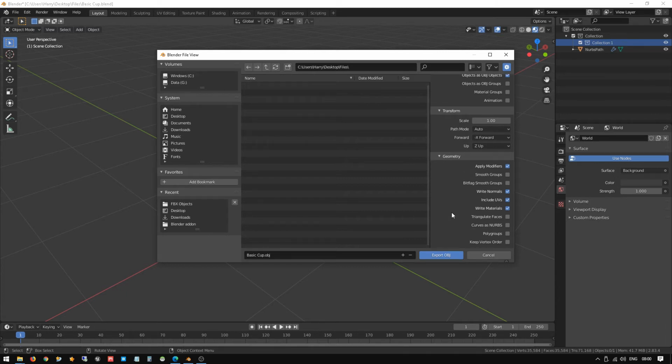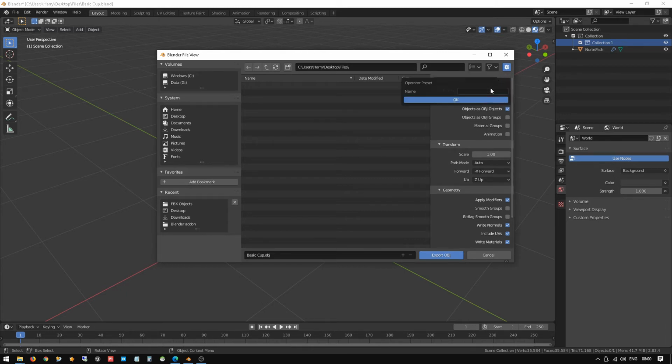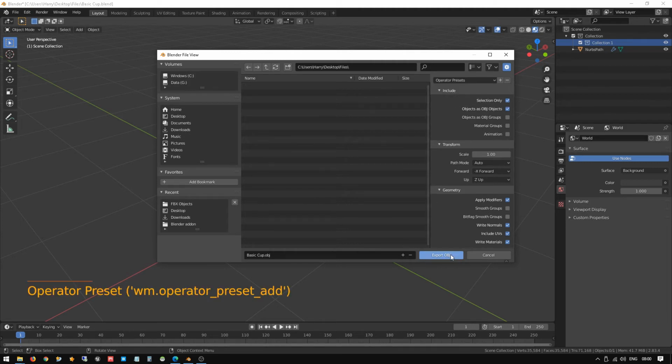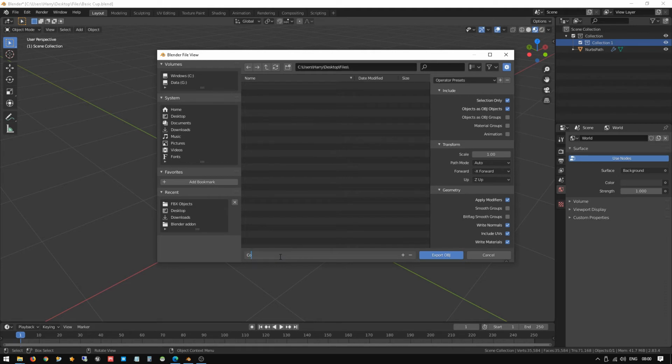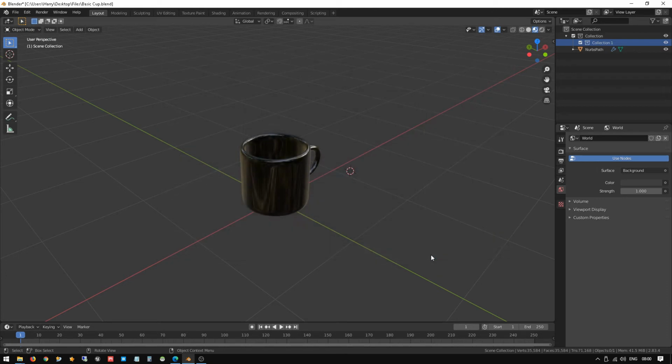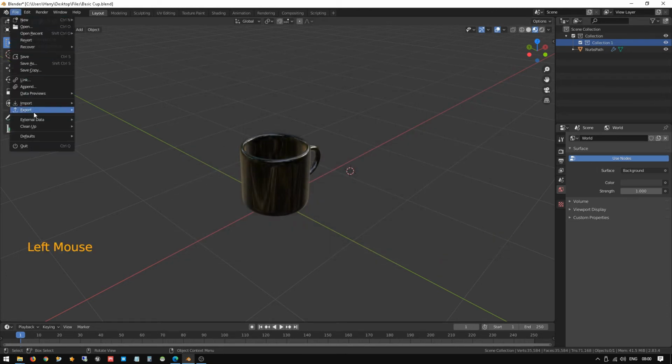Here also let it be the same, and you can save this as save object. I change the name to coffee cup and export the object. Again let me export one more model, which is STL.